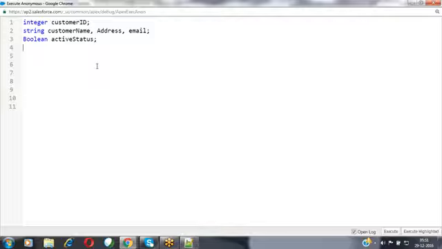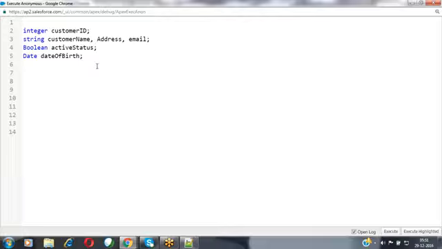Date of birth is nothing but a date value, so I'm defining a Date variable here, dateOfBirth. These are the various variables that I have defined.